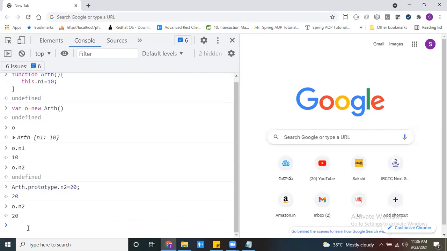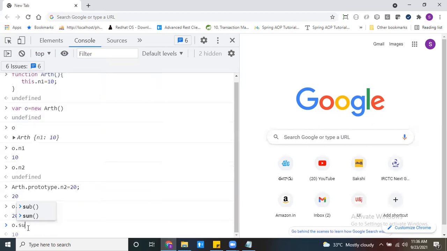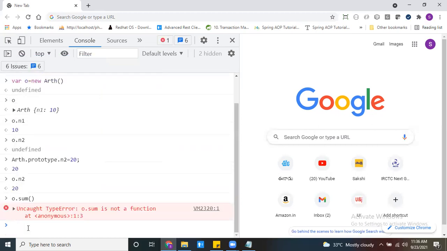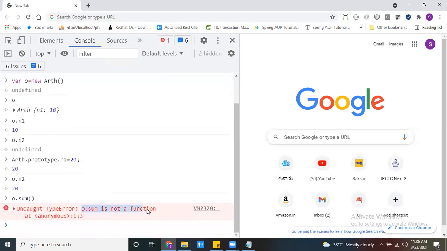Not only variables, we can inherit functions also. For example, in my arithmetic class, there are no functions. Suppose one sum function is needed. If you call it, is my sum function there or not? Not there, so it gives me an error: o.sum is not a function. So I want to inherit the sum function into my arithmetic class.